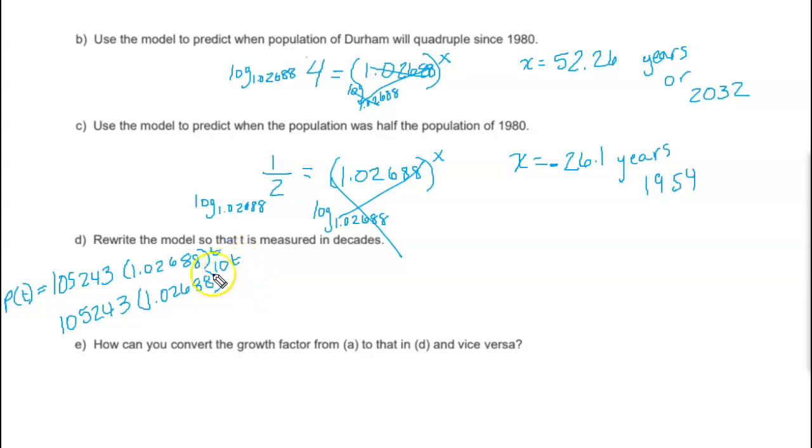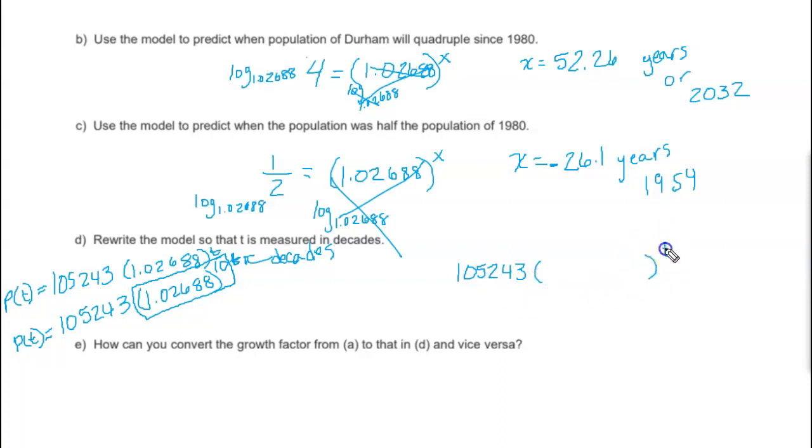Because if t was decades, 1 decade would be 10 years, and then this would get multiplied for every year, which is what this rate is based on. The reason we want to do that is because now t is in decades. So I changed t to be decades now. If I take 1 decade and multiply it by 10, that gives me how many years it is, and then I can multiply this. I want to remember that because it allows me to take this number to the 10th power. Remember those laws of exponents that we use to say a power to a power you multiply? So I can take this number to the 10th power, and it's going to give me a model